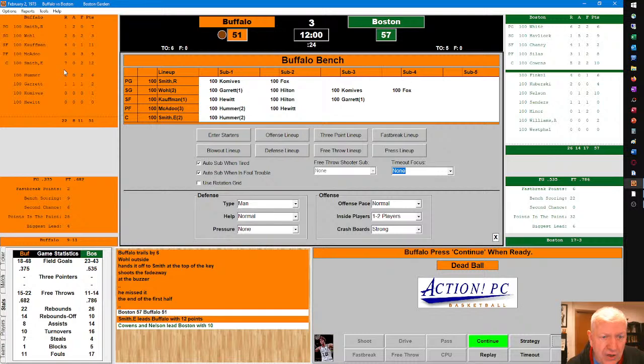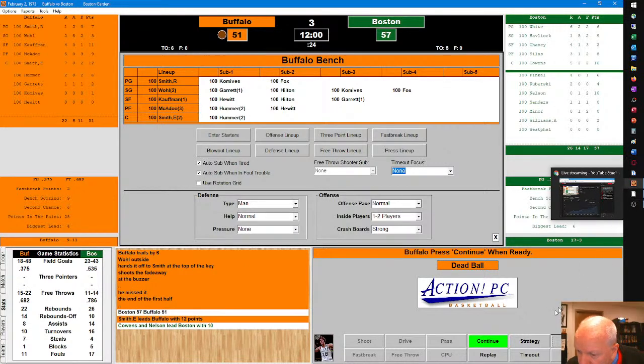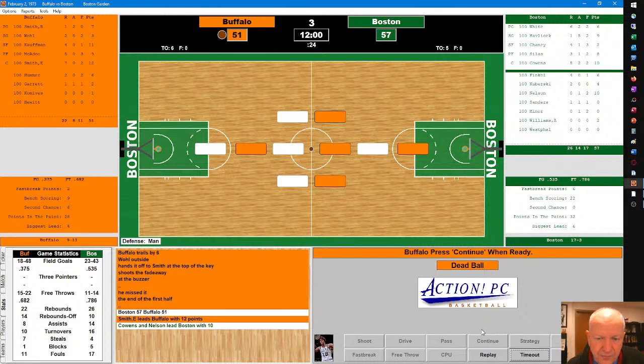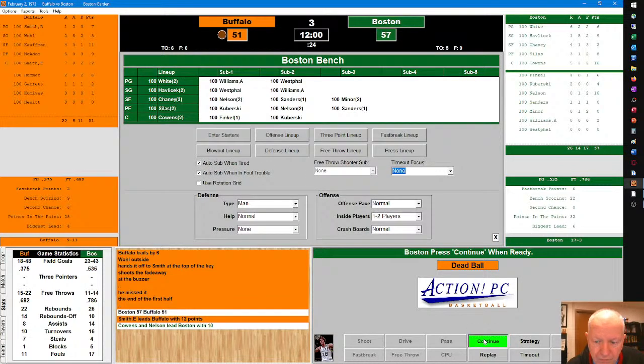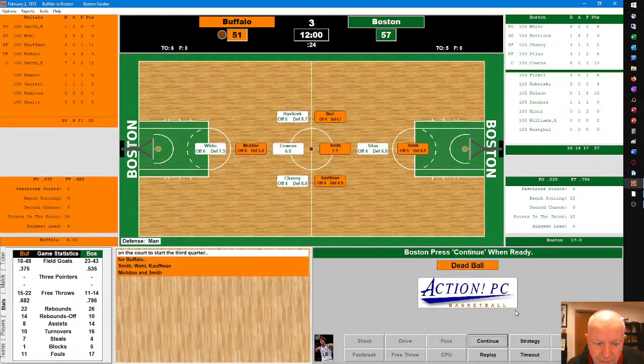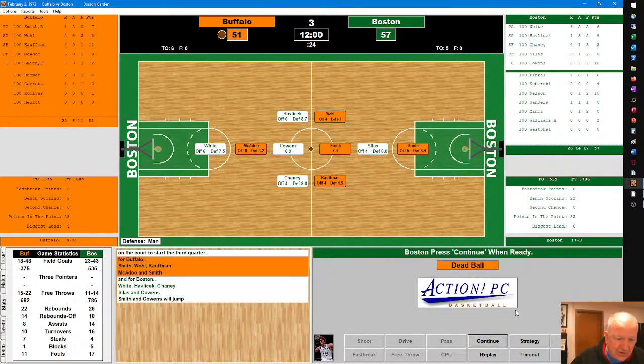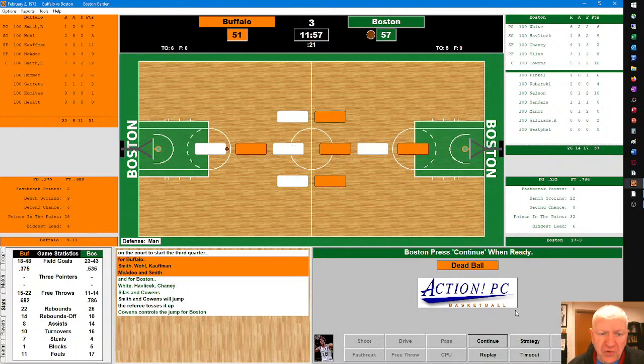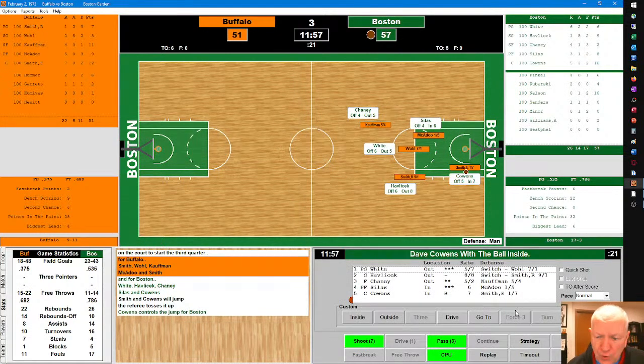Now let's see if we can get back into some basketball action. It's a 6-point game. And we're ready to jump things up here to start the second half. Boston controls the tip. They're moving from left to right on your computer screen.